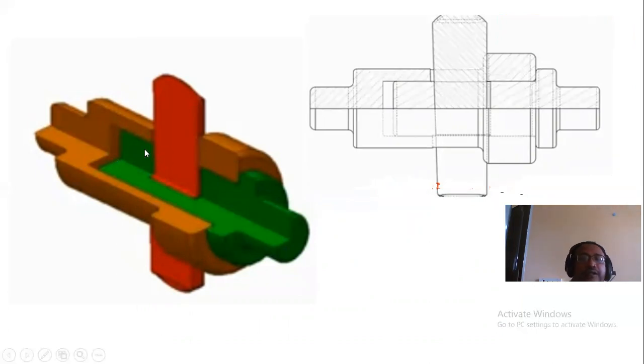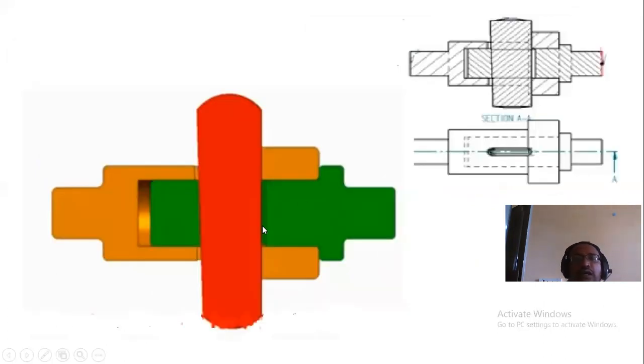Whatever we have represented here, this one and this one, are the slots. And this is a full section. This is a spigot. This is the socket and this is the cotter. And this is the clearance that is provided in the socket. When you take a section here, if the object is cut fully, then it is visualized like this. It is a full sectional view.